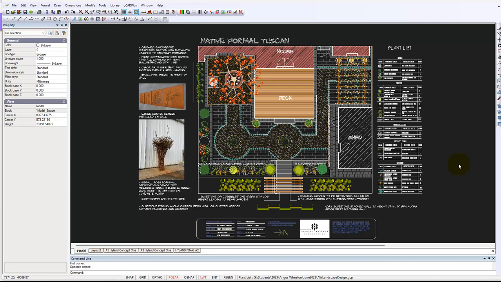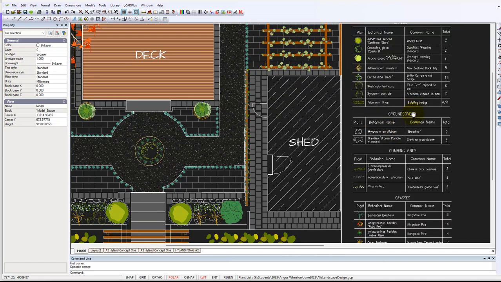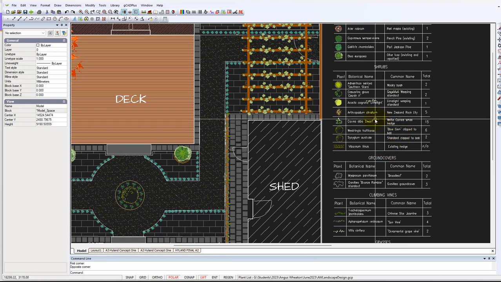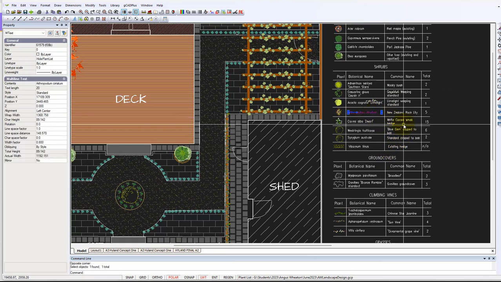You are looking here at a design for a native formal garden in the sort of Tuscan style. So a whole series of Mediterranean plants that are suitable for the Australian environment are incorporated into the plant list. If I zoom in on the plant list area here, and if I click on an individual